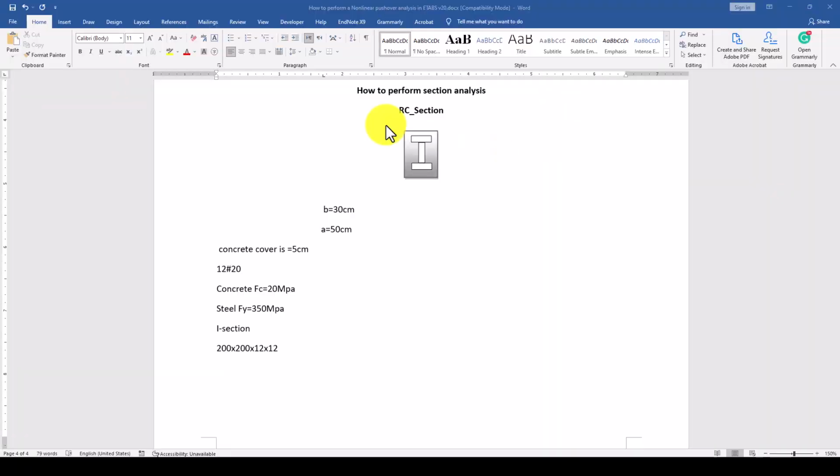Hello everyone, this is another section analysis tutorial. In the previous example, we learned how to model and analyze a simple reinforced concrete section in cross-section design software. Now we want to add an I-beam section inside the reinforced concrete section, and then we will evaluate how